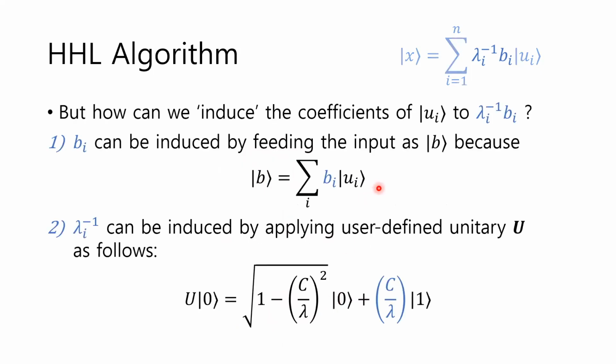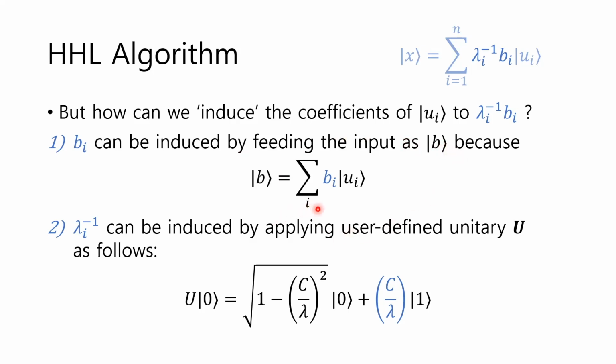So the problem is now changed. We have to induce the coefficients here. But how can we induce coefficients like this? b can be simply induced by feeding the input as the state of b,